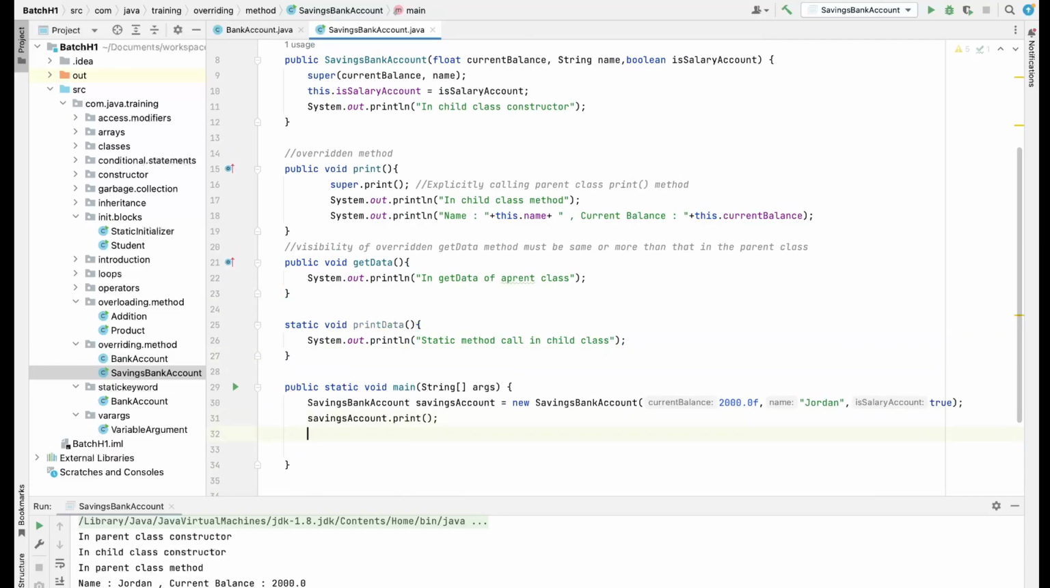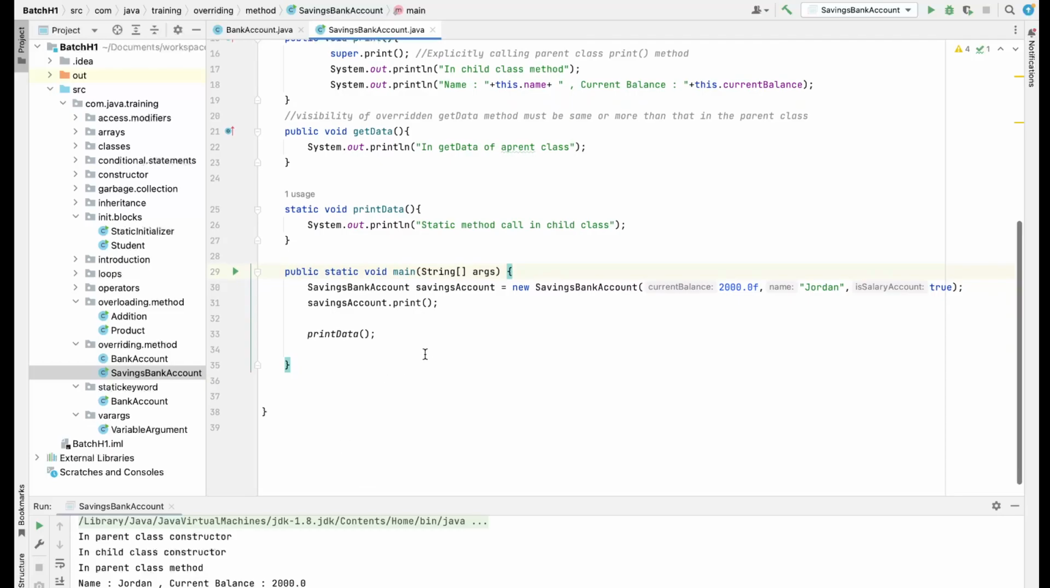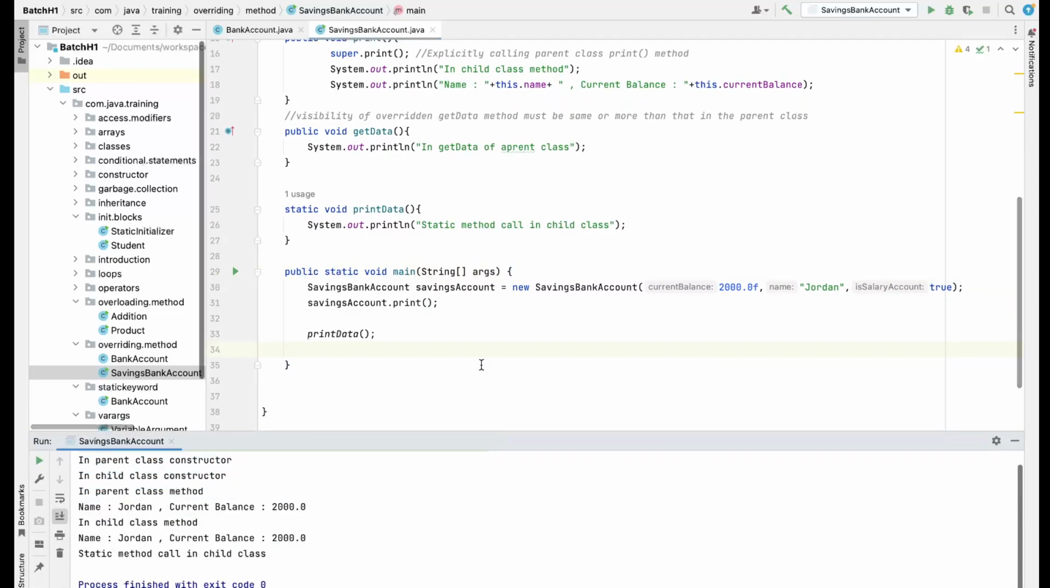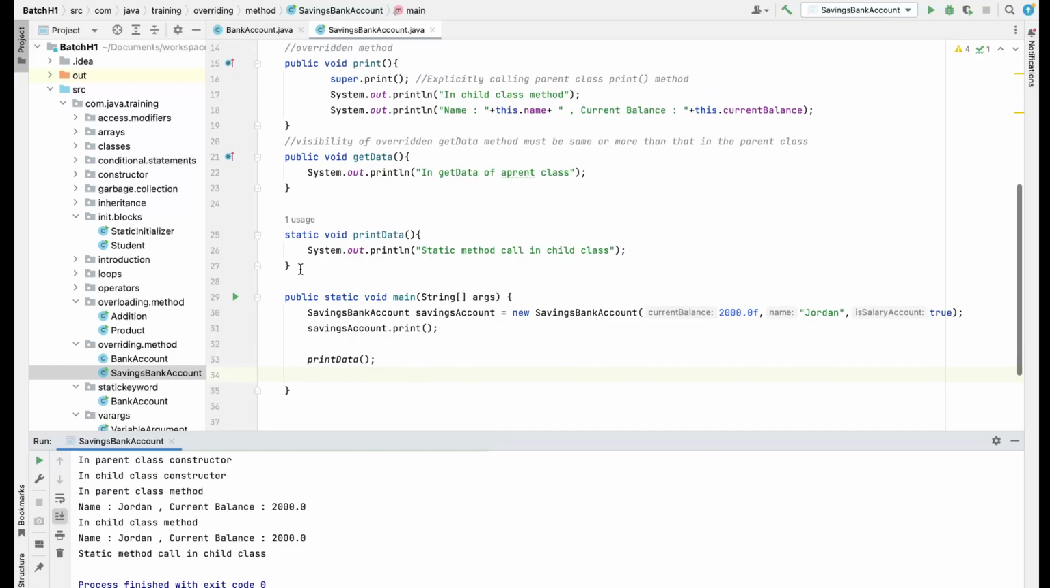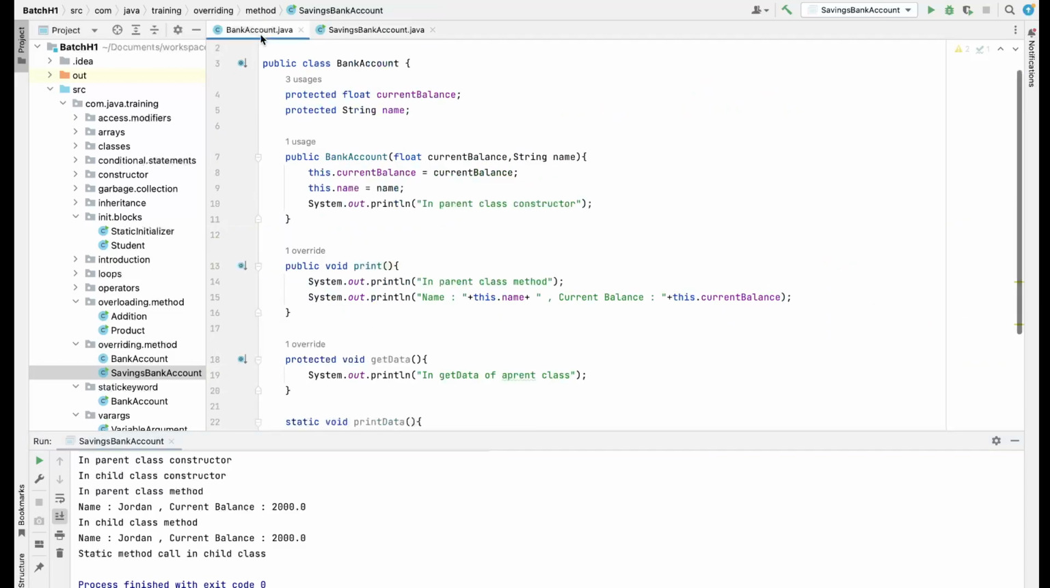And how do we basically call static methods? Let me try to call the static method. See, this is a static method and this is another static method. So this can be simply called this way. So let me try to call this. So this will basically call this particular method. Static method call in child class. Now